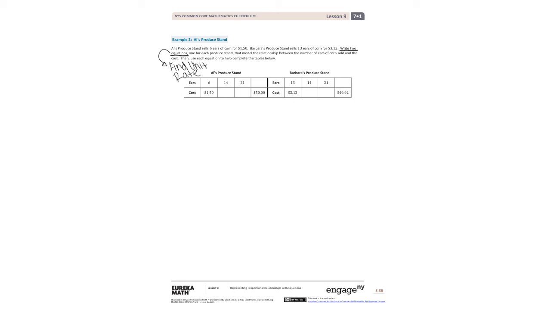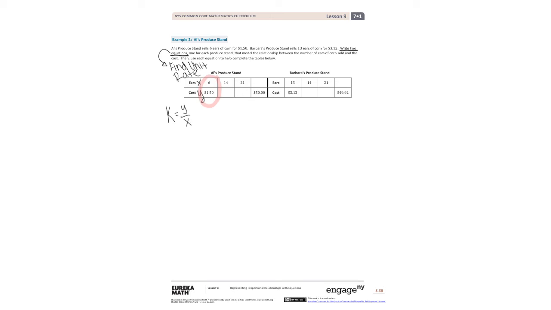So in this case, x is going to be our number of ears, which in this case we want to be 1, and our cost will be our y. Now, the equation for the unit rate, or our constant, they are the same thing, is k equals y over x. Let's choose an ordered pair,